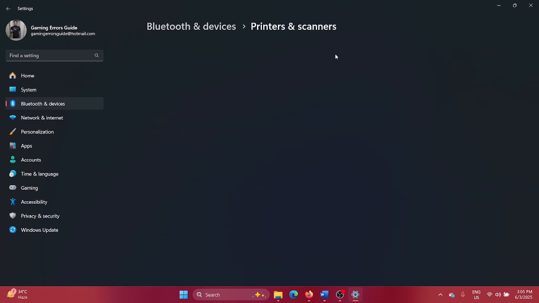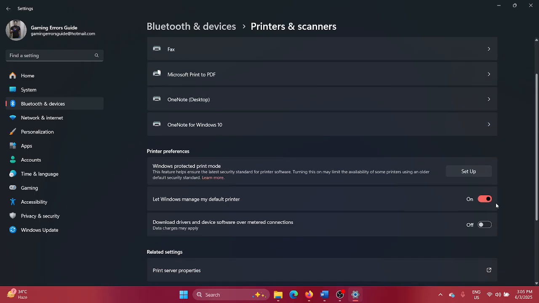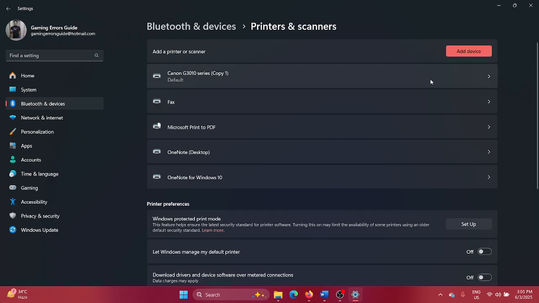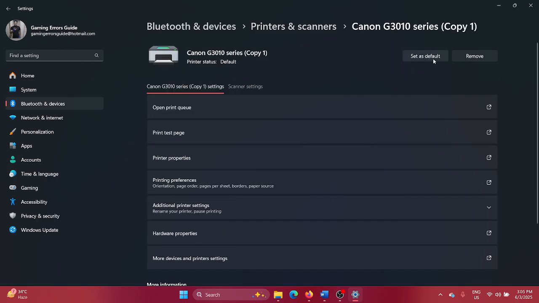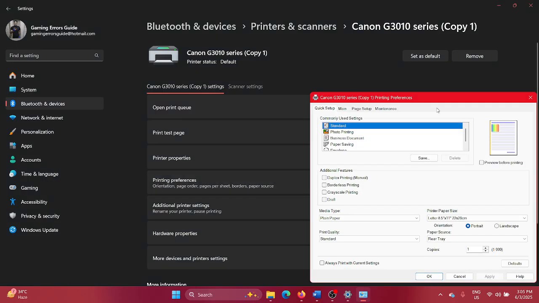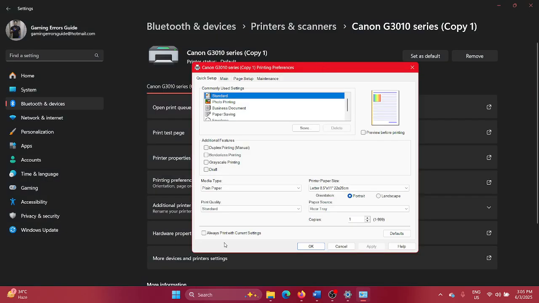preferences. So you can scroll down and uncheck this box which says let Windows manage my default printer. Then scroll up and click on the printer, and then you can set it as a default printer. Other than this, you can scroll down and click on printing preferences, and then you can change the printing